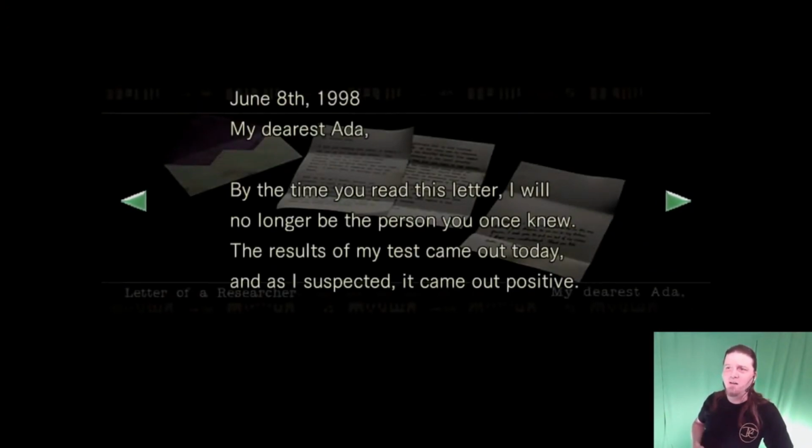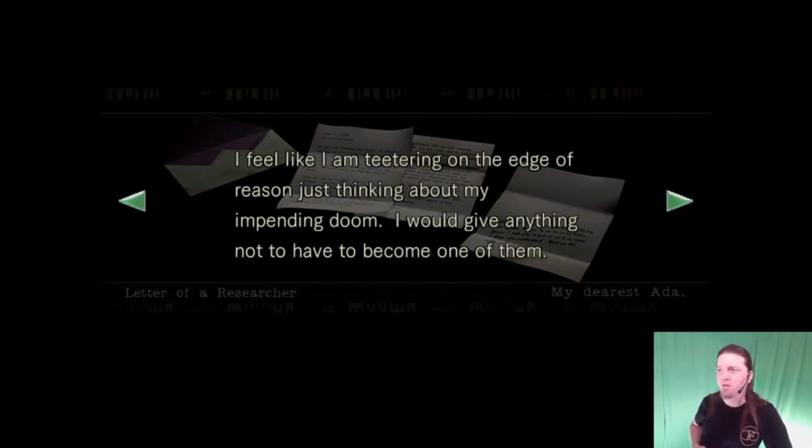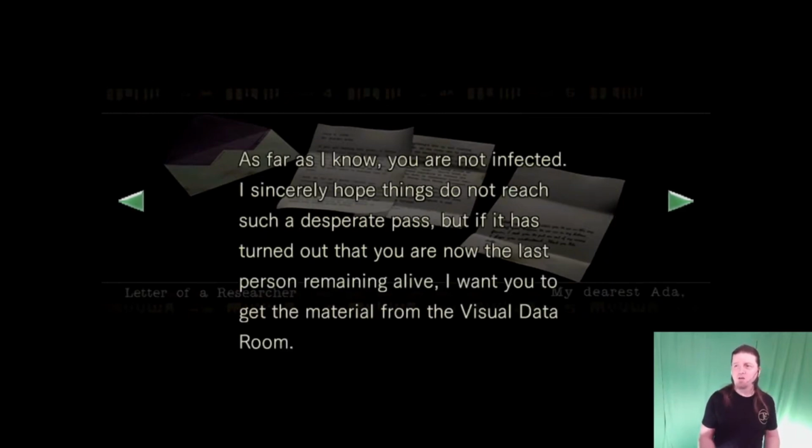Researcher's letter. My dearest Ada, by the time you read this letter, I will no longer be the person you once knew. The result of my test came back today, and as a result, it came out positive. I feel like I am teetering at the edge of reason, just thinking about my impending doom. I would give anything not to have become one of them. As far as I know, you are not infected. I sincerely hope things do not reach such a desperate pass. But if it has turned out that you are now the last person remaining alive, I want you to go